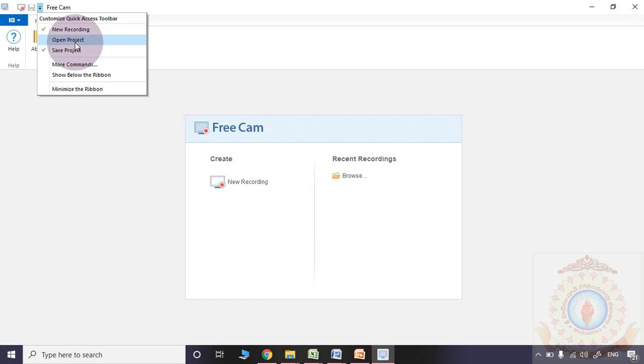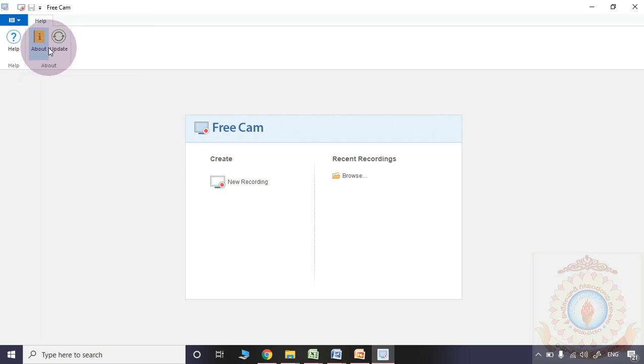Then you can save your project also. If you receive any mail from them, then you are supposed to update the existing version. Here is a very easy layout, and you simply click the new recording tab.